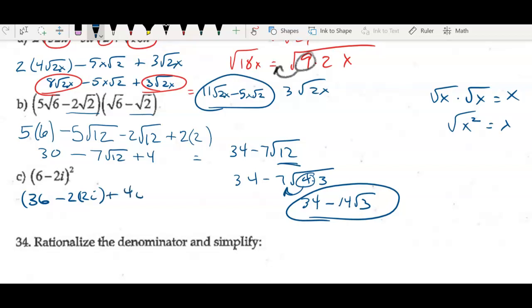And then it's 4i squared. You square the last term. FOIL it out, you're going to get the same thing. Minus 4i. Ooh, what's i squared, everybody? i squared equals negative 1. So that's minus 4. So you should get 32